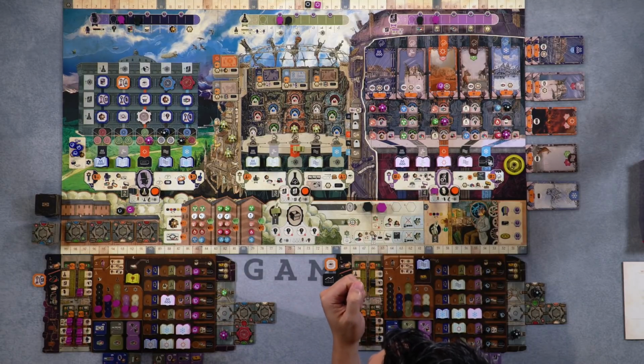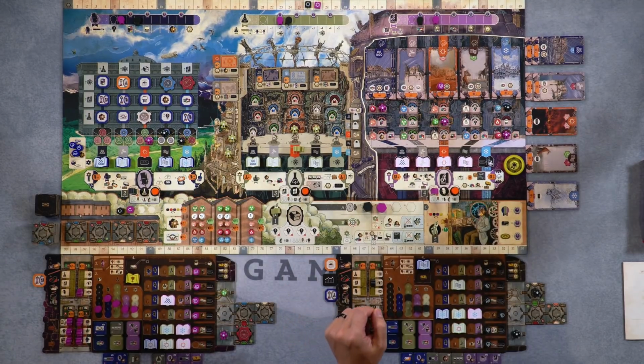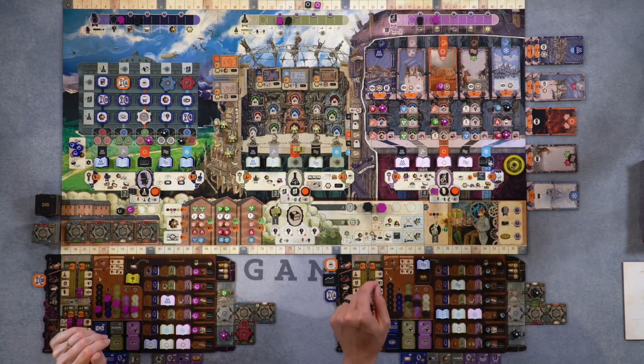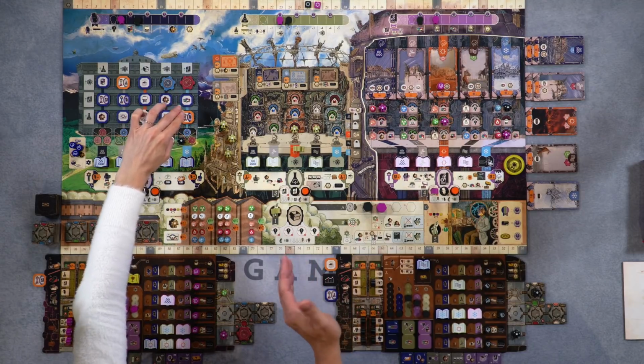I'm going to do that. Okay, so that's going to get me a lab and an R&D. Before, I gave myself a science and a lab, but instead I'll take the R&D. There you go. So you're going to flip this. I'm going to flip that. And that's going to let me do a